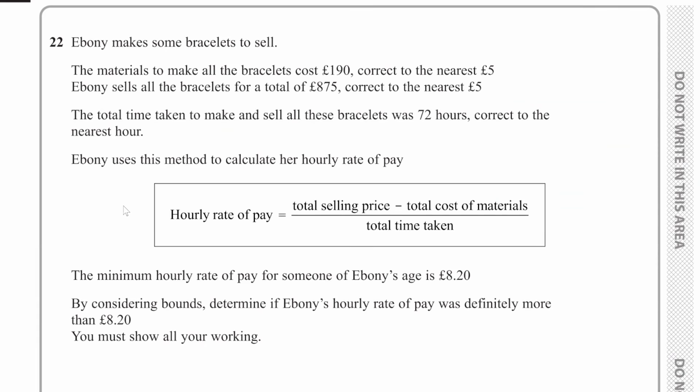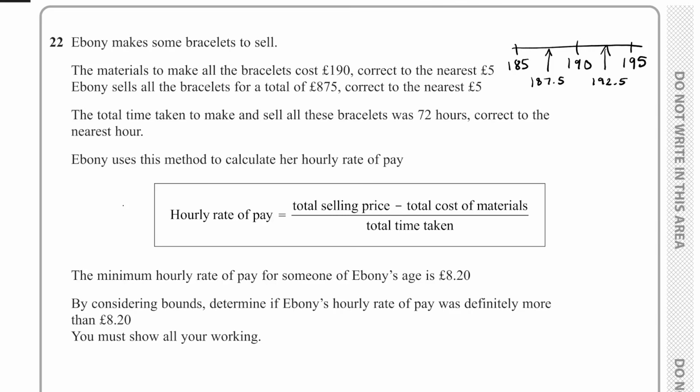Question 22. Ebony makes some bracelets to sell. The materials to make all the bracelets cost £190, correct to the nearest £5. So it's going to be a bounds question. If it's 190 to the nearest 5, that means we can have a lower bound of 187.5 and an upper bound of